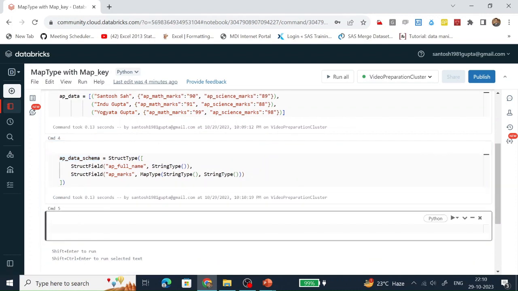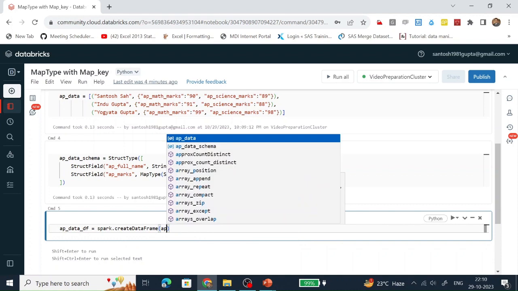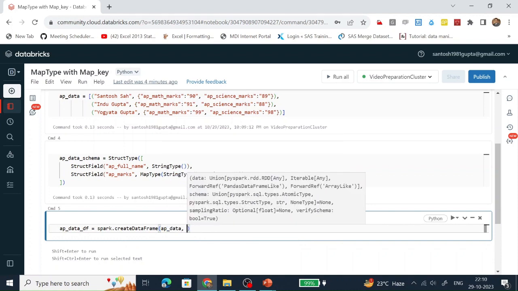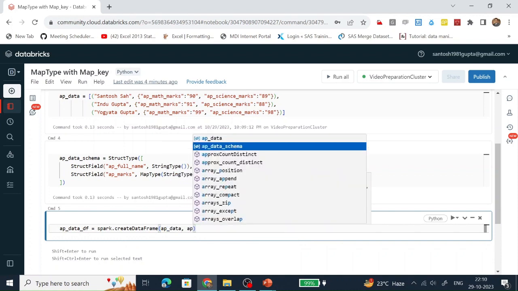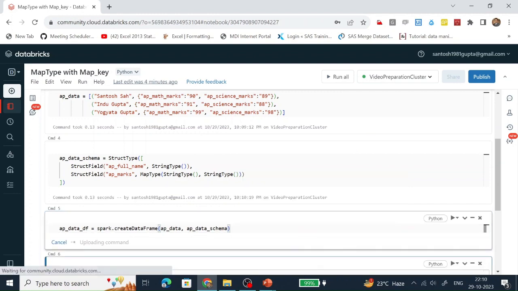Let's create a data frame with the help of the create data frame function, spark.createDataFrame, by passing the list which we have just created and the custom schema which we have just created.